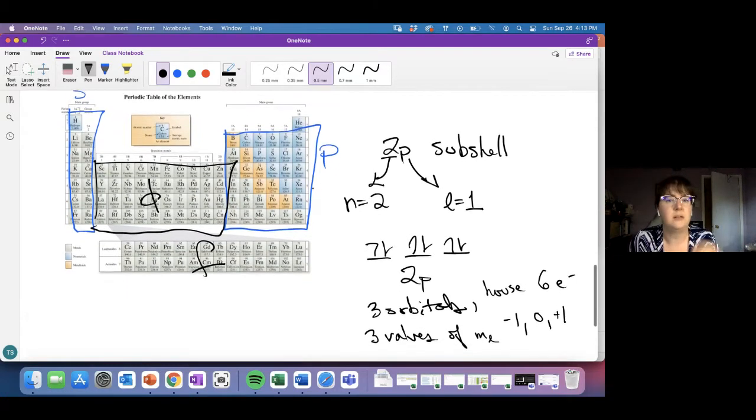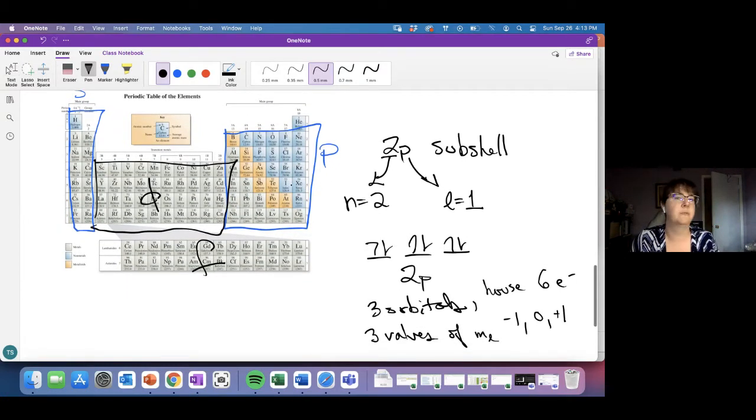So while we get really comfortable referring to this as something like the 2p subshell, realize that we could also talk about things like, if the n equals 3, L equals 2 subshell